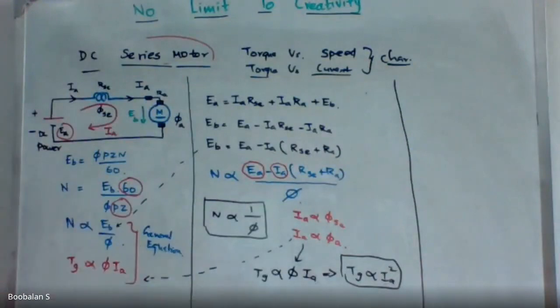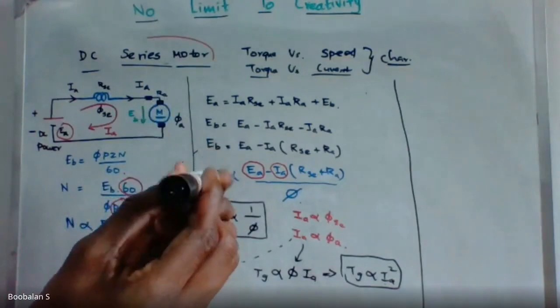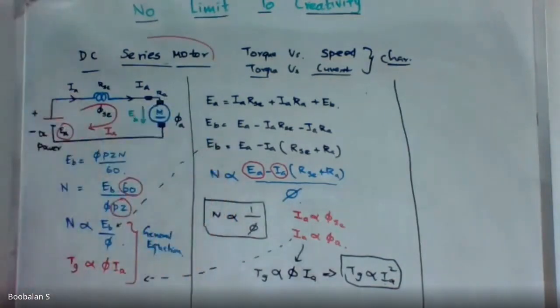Let's see. So this is my rotating part, right? The motor is getting rotated. Wherever you go in industry, if you have any opportunity to visit any motor control or motor manufacturing company for an interview, there is a first question like this: why is the DC series motor not started without any load? Otherwise another question: why is the DC series motor not started with no load?